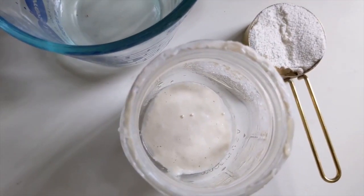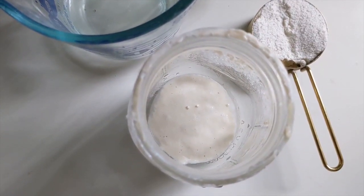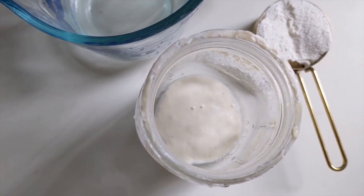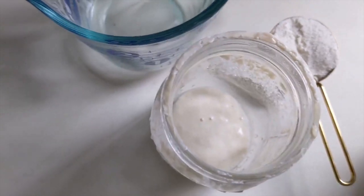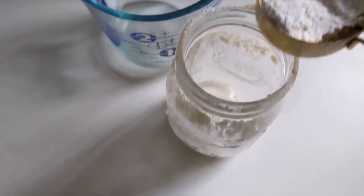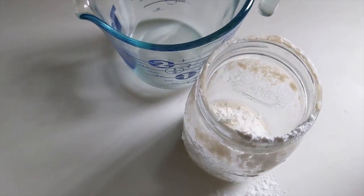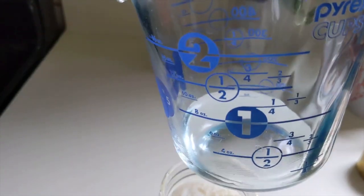So there's about a tablespoon of starter in there. I dispose of all that I'm not needing to use, and for the purpose of baking this one loaf, I'm going to use about a tablespoon of starter, and then I have about a quarter cup of flour here. I'm just using all-purpose flour because we're in the midst of a global pandemic and I did not find bread flour. So I use about a quarter cup of all-purpose flour, and then I have slightly less than a quarter cup